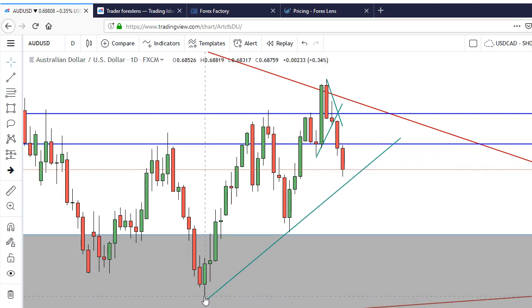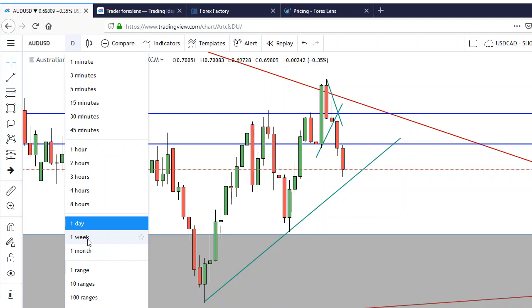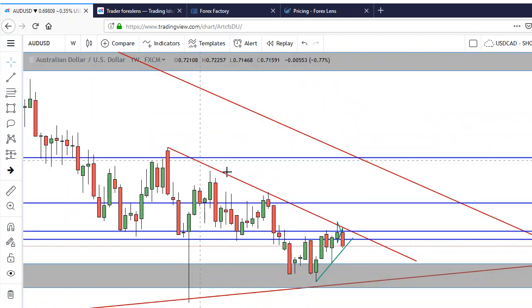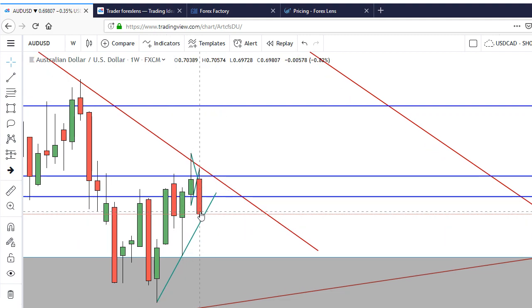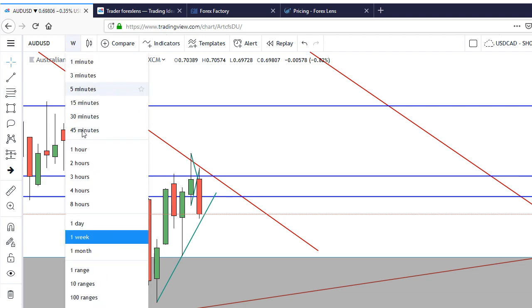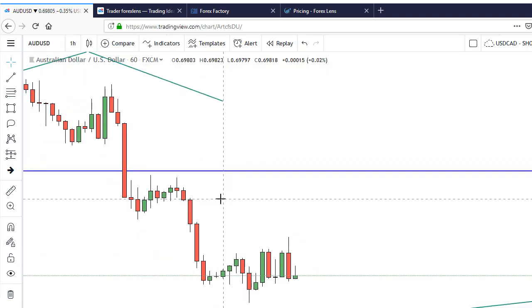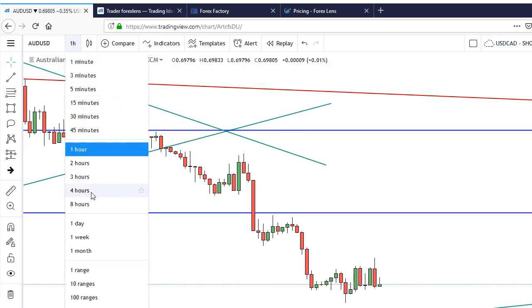So from the support region, we have been making higher highs and higher lows. This is our higher high. We can come down and make a higher low and then bounce up to finally break out of this descending trend line we drew. So it's a perfect descending trend line. We have reacted well to it. Zooming in, we have created a bearish engulfing candle. So the possibility of bouncing off the trend line I just drew is pretty slim, but the chance is there,